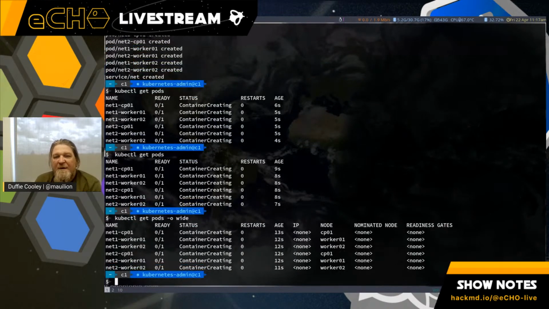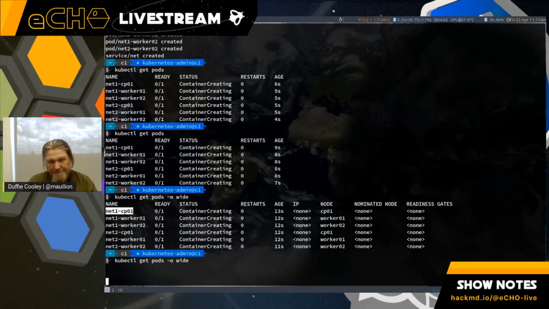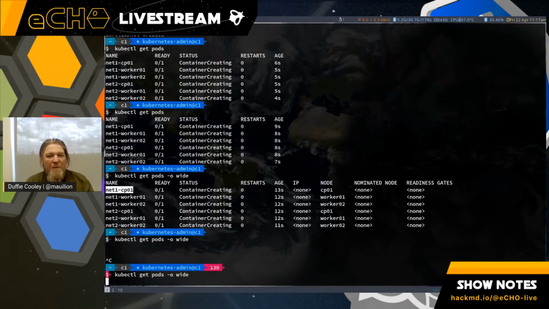I have this very interesting characteristic wherein I can see I put two pods, net 1 CP01 and net 2 CP01, and I put them on the nodes that are in the pod name. This makes it really easy for me to see exactly where I put those pods, and also to understand what I have running and what pod I'm connected to.